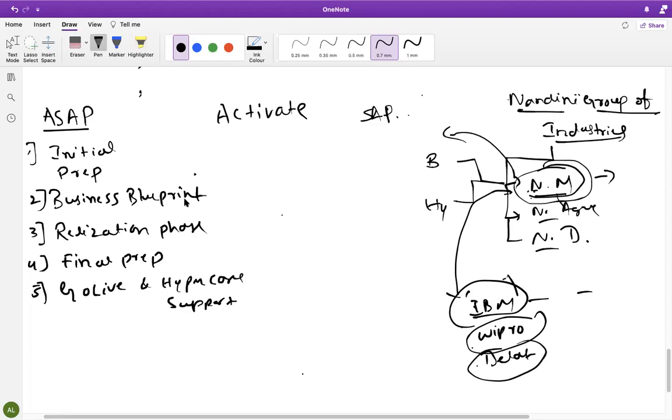Initially, the project preparation level is a high-level activity. Here, initially your project manager and team lead, these two people will be hired, and they will do all these initial project preparation activities.